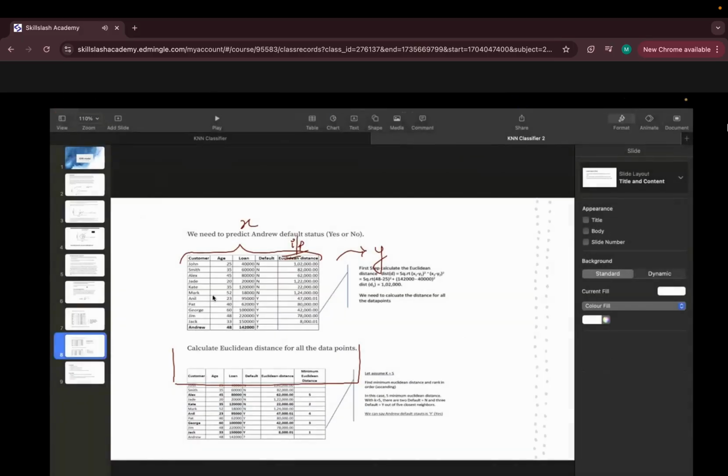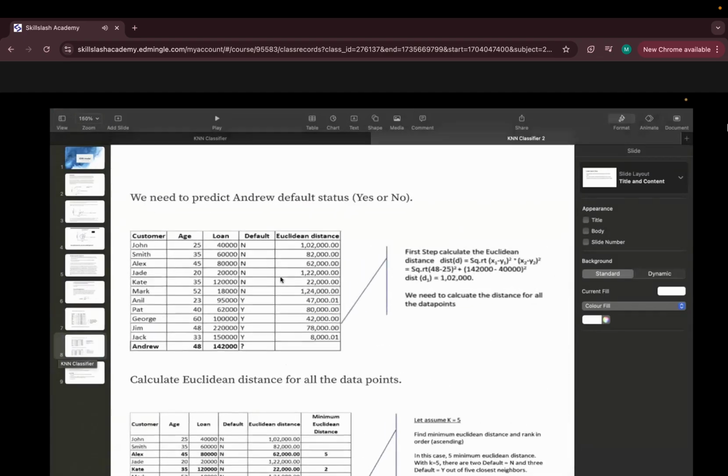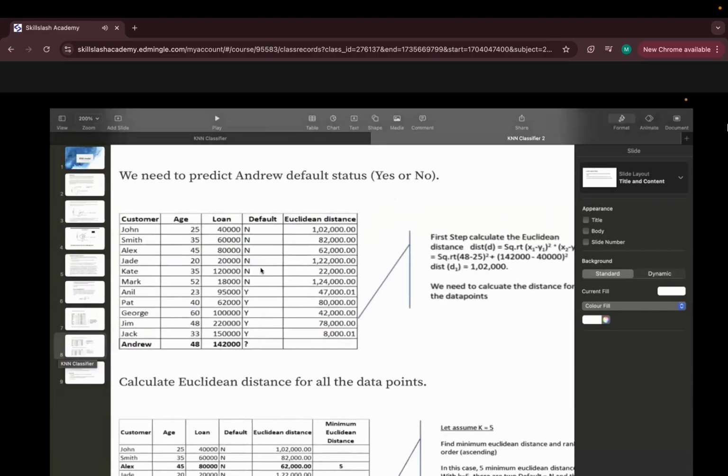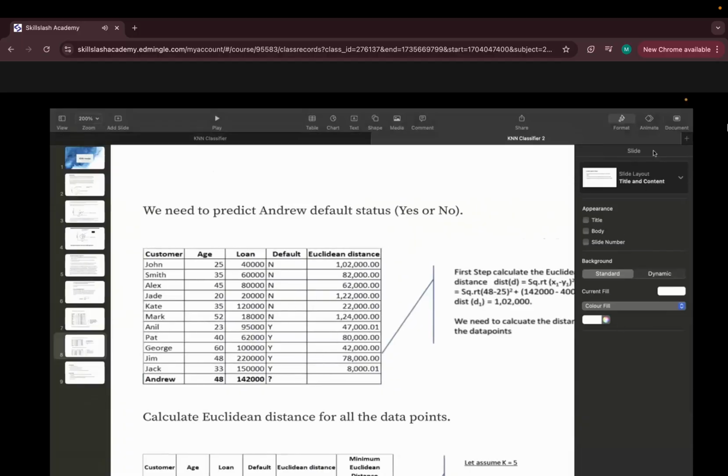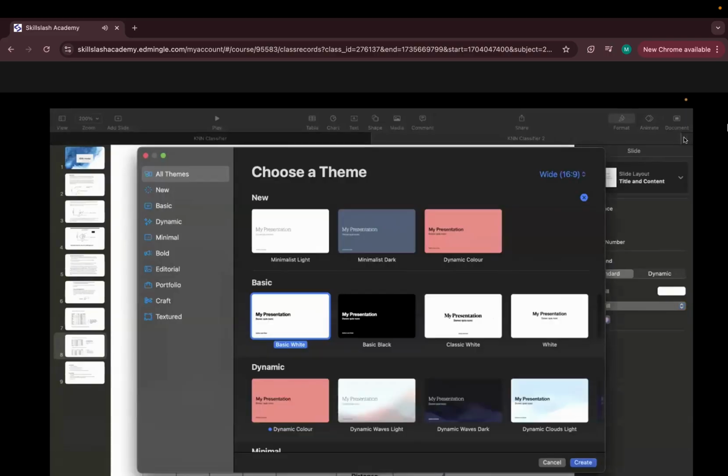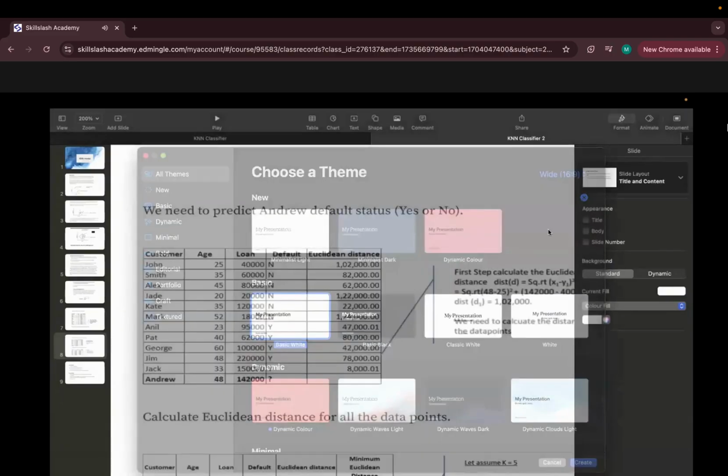Now just a second, let me zoom this a bit. This is the data set, how it looks.